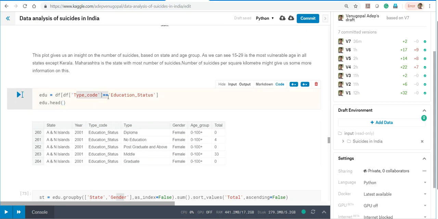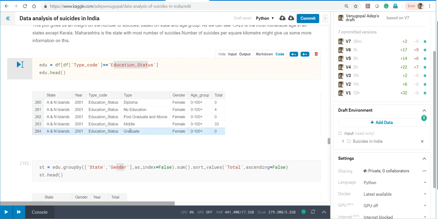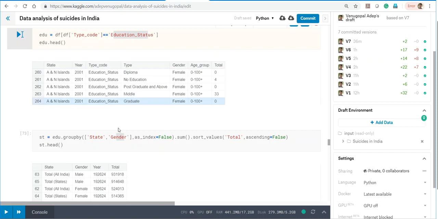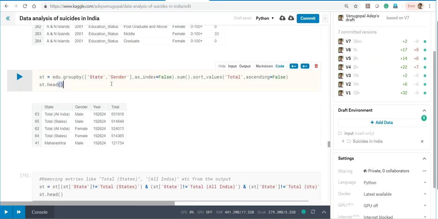Now here we are again filtering the type code based on the education status. Here is a snapshot. We are just displaying the first 5 rows for the type code education status, and here we are just grouping by state and gender and sorting by total. We are calculating the sum of each group, and then ascending equal to false, that is, we are displaying in the descending form. So here we have the listing like this, like total all India, total states, total all India, total